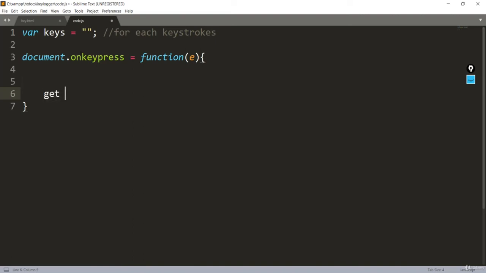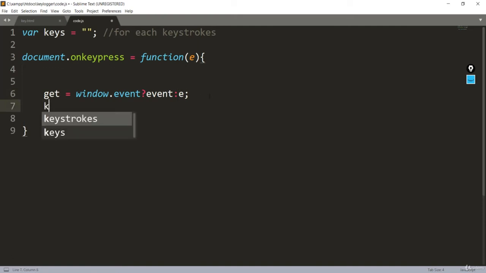First of all, we'll get the window event. I'll say window.event, and I'll make use of a ternary operator over here. So I'll say event else E. Let me show you what I'm doing here. We made use of if-else for the event, so this part is a condition. If there is any event, it will return the event, otherwise it will return this character.